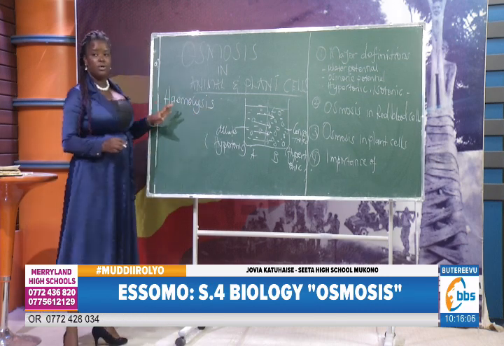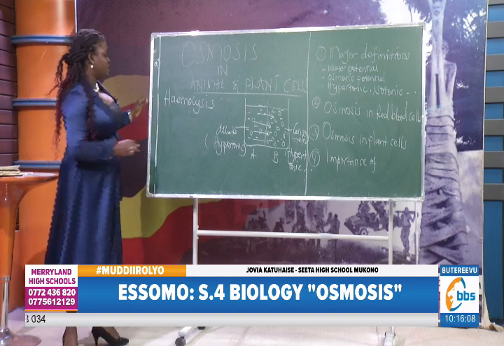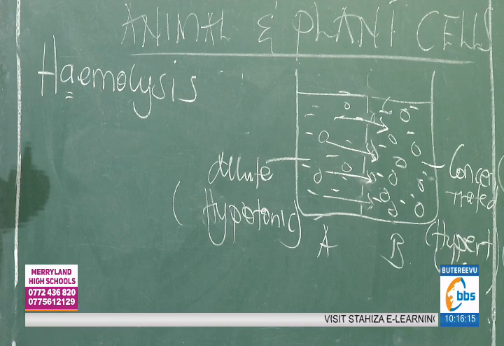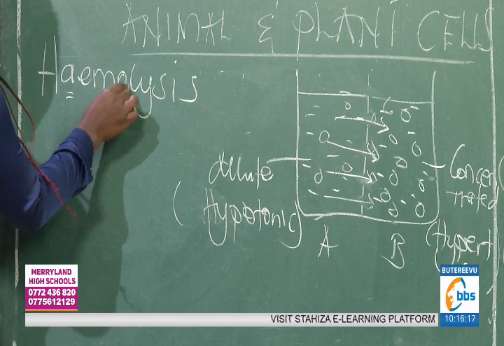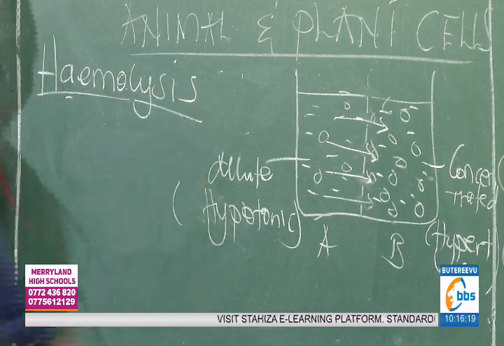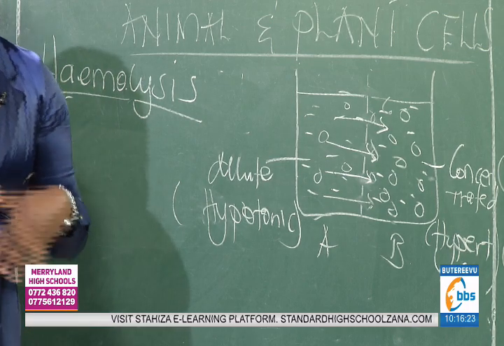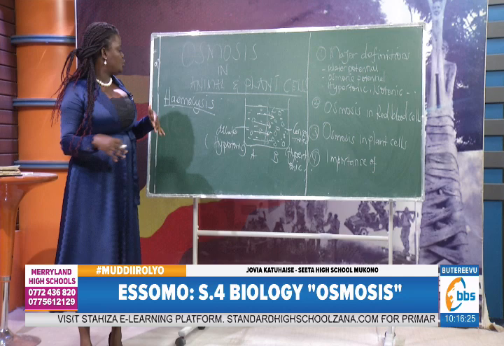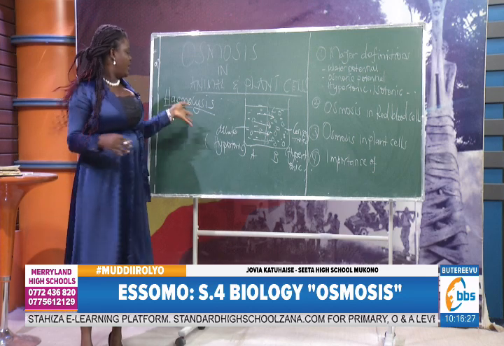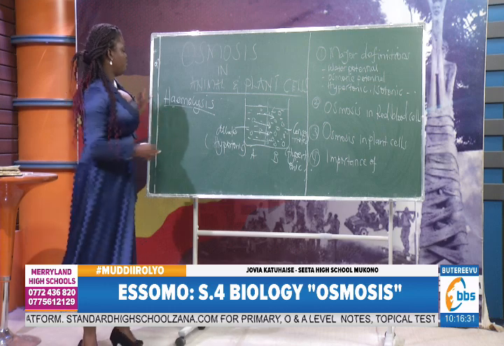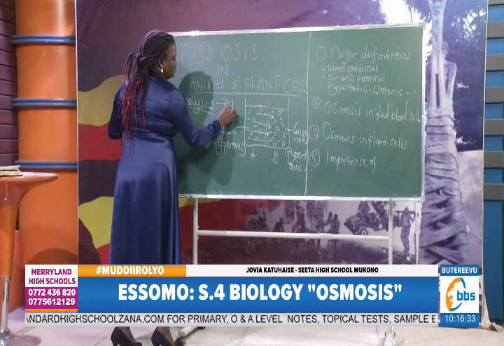In some books, you find it written as hemolysis without A. Still, it's okay. Hemolysis comes from two words, the first being hymo and the second being lysis. Lysis essentially means to burst or to split or to disintegrate, and hymo comes from the word hemoglobin. So this is common in red blood cells,